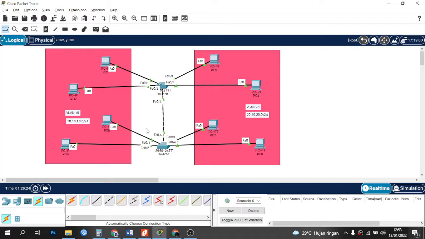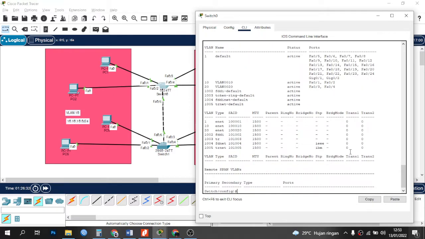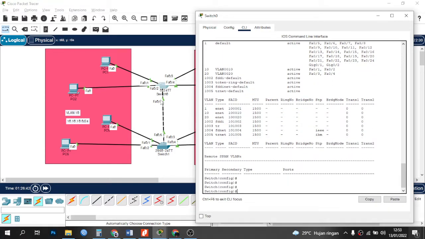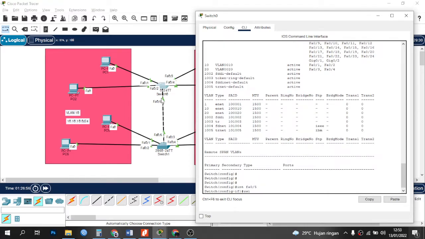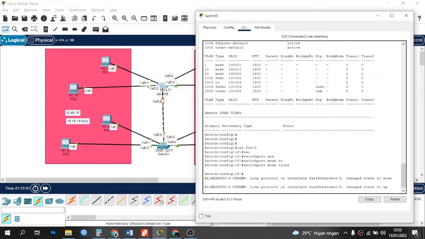Okay, let's go to switch 0. We enter the interface that leads to switch 1, then type switchport mode trunk. Here interface fa 0/5, enter and type switchport mode trunk, enter.